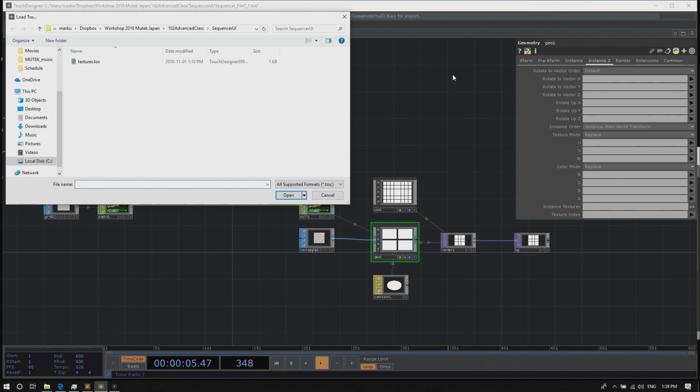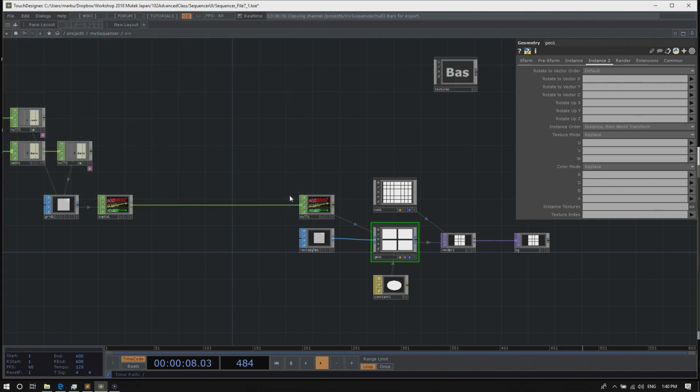Choose Add Component from TOX. Then in the workshop folder, in 102 advanced class sequencer UI, choose textures.tox.